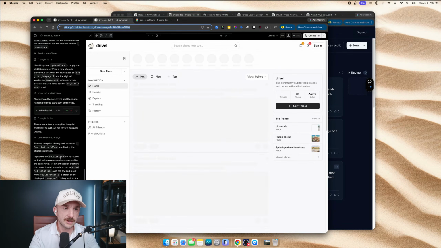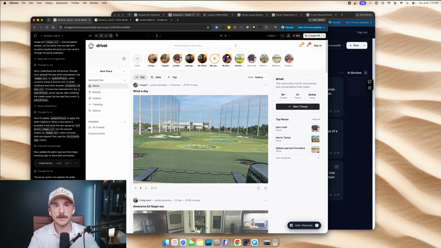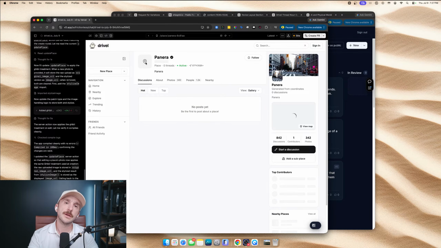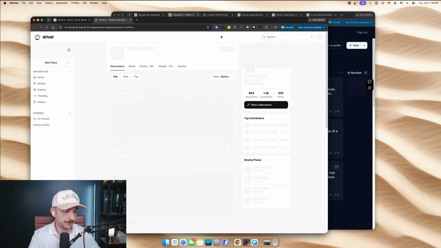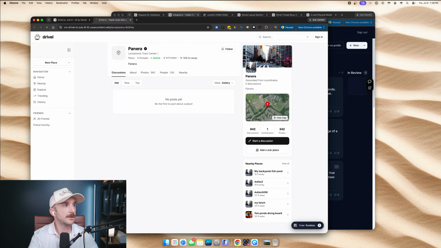Update place server actions so editing place photo now applies the same Ghibli treatment using creation. Okay, so let's try. Where was I? I can't remember. I think we were in Panera, right? This is where it would be soup. Okay. I guess Panera does work. I guess search does work. That's interesting. Panera. Okay. 109 miles away. Not true. So I guess I don't own it. Let me see if I own it. Come on, baby.